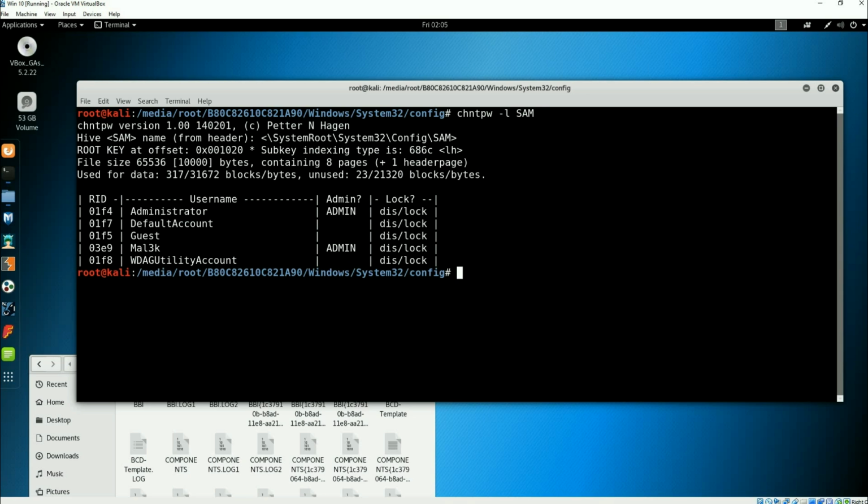When you hit enter, it is going to show you all of your accounts. So I have administrator, default, guest, Malik, and then the utility account. Well, it's Malik that I don't know the password to. So now I'm going to type